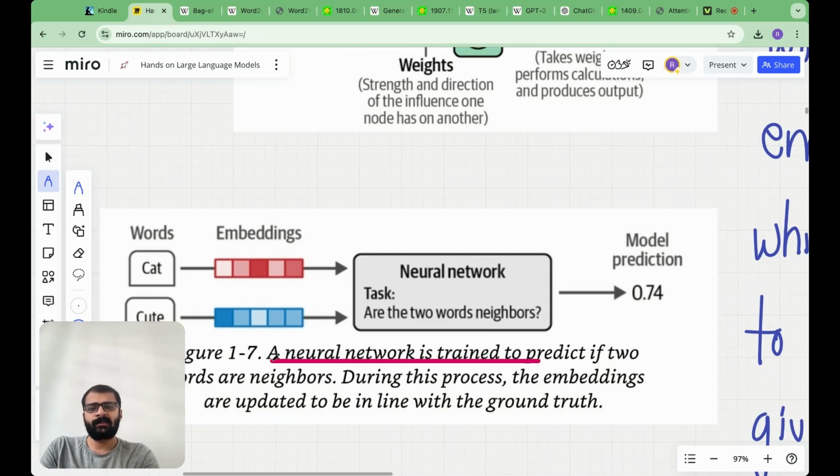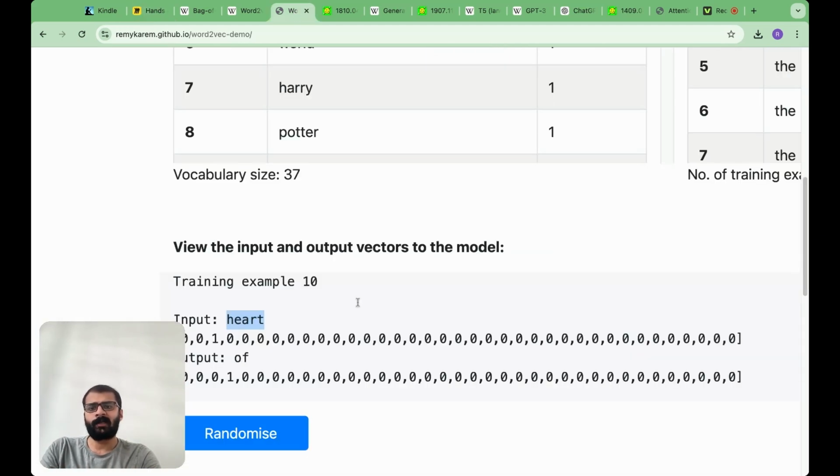So the neural network is trained to predict if two words are neighbors or not. For example, cat and kitten will be neighbors, right? Because they would usually mean the same thing, and they would appear in sentences near to each other. So a neural network is trained, and